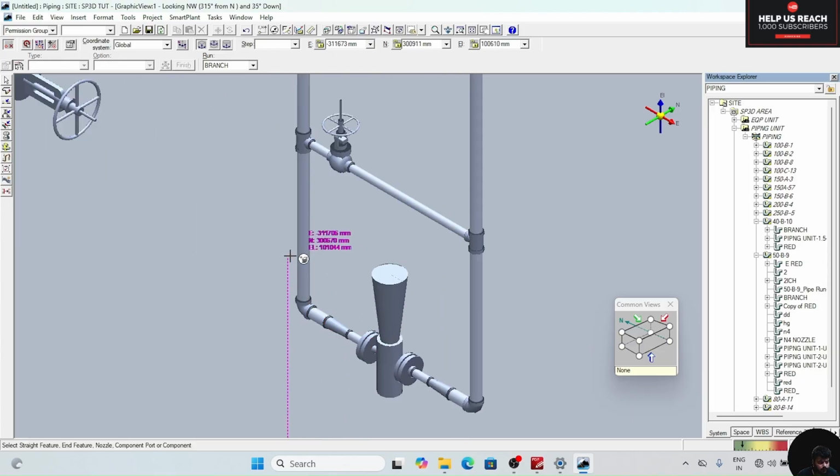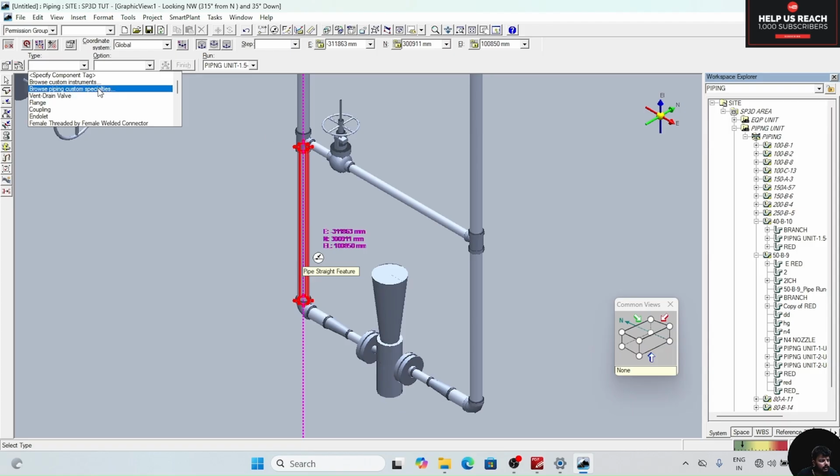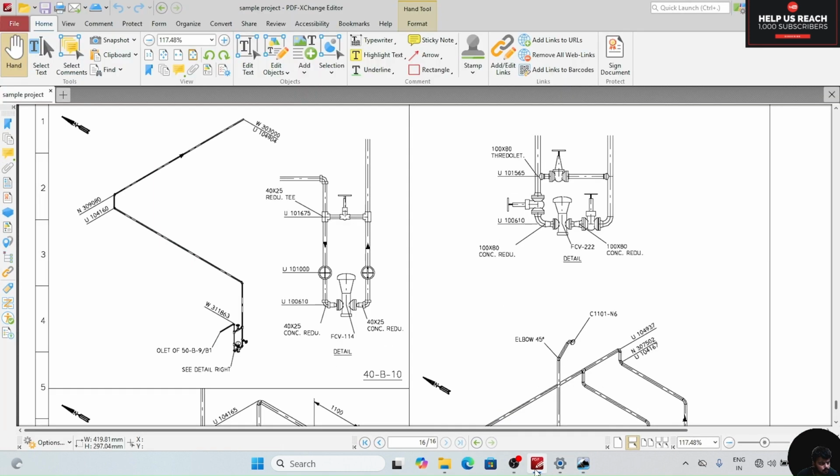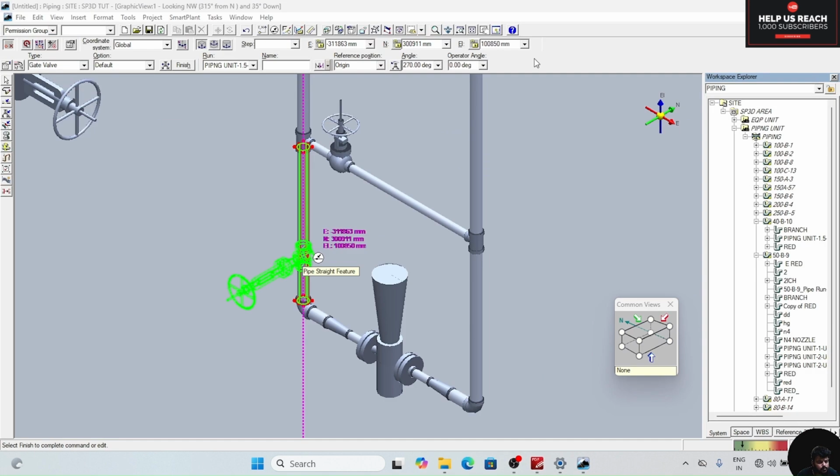Now two gate valves are here, for that insert component again, give the position, after that gate valve, change the angle to 270, okay, and position is, you can see here, 101000.